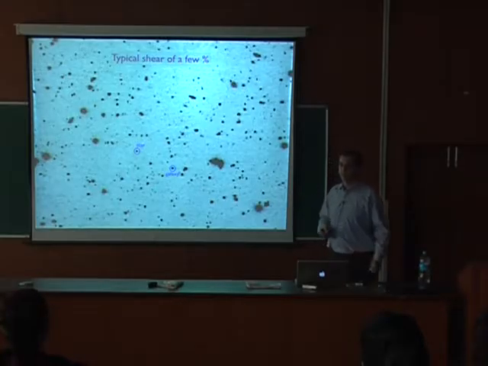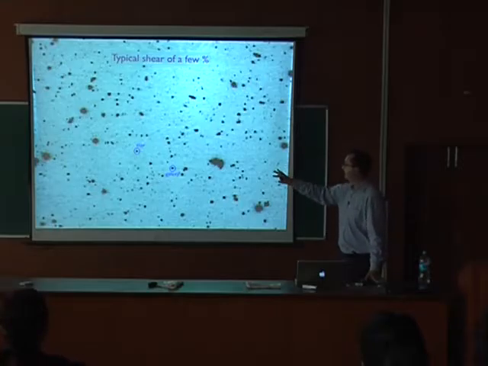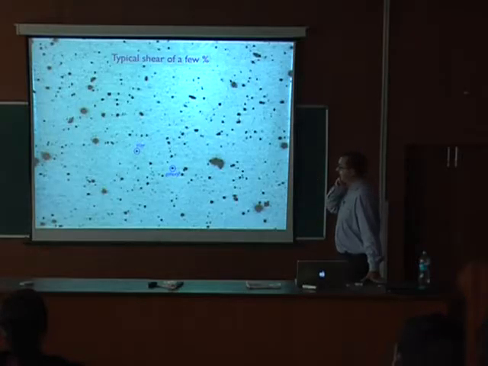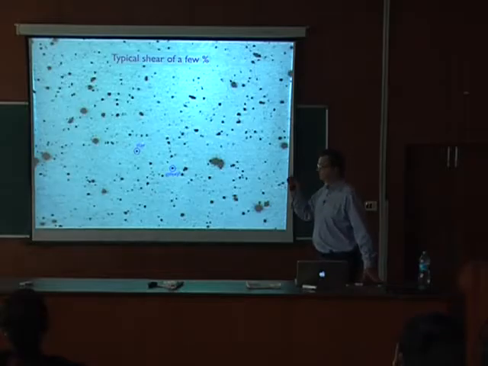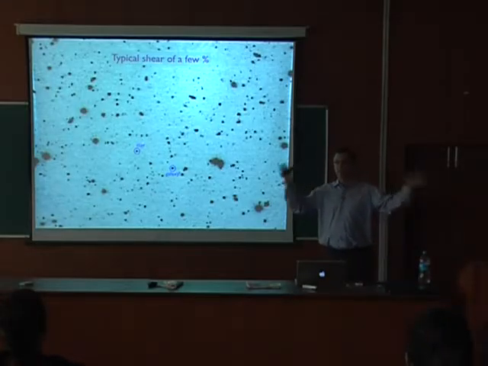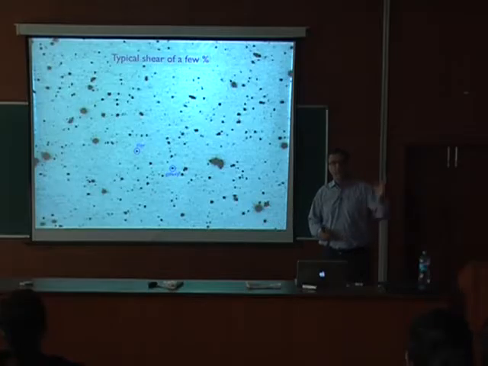Yeah, that's a good point. So the key point here is that we have stars and galaxies together on the same image that we use for measuring the shape of galaxies. In fact, we even optimize the observations in that way, because if you look at the sky, then part of